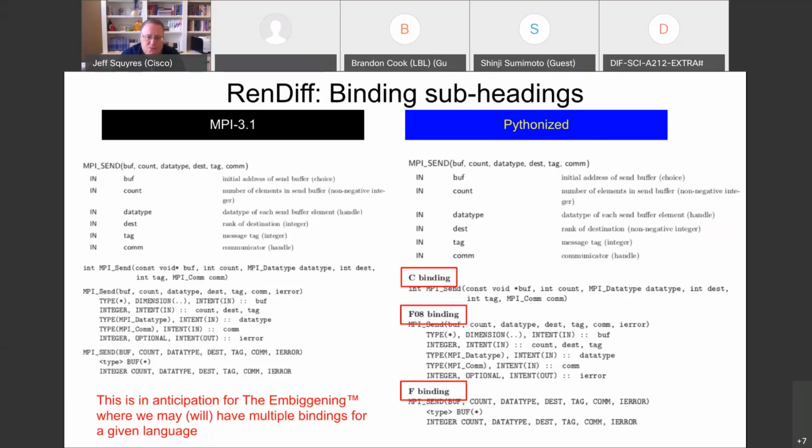I think this came out of a forum meeting, I'm not sure which one. These were decided on because we're assuming that the embiggening is going to have multiple bindings on each language. And it's just kind of helpful to look at and have a visual barrier between the different languages. That's the only reason that they are there.